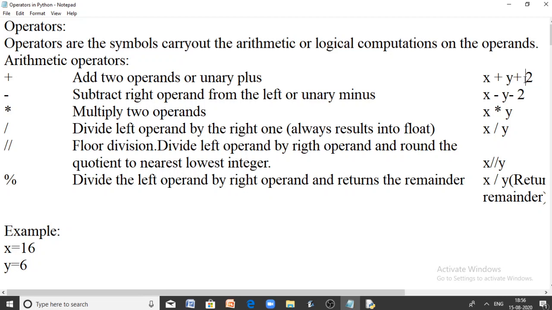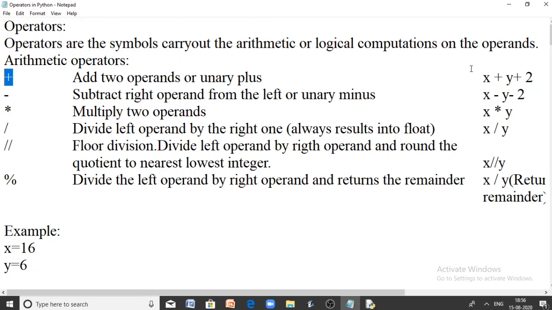Let us start our discussion with arithmetic operators. So we are very familiar with arithmetic operations. We are used to doing them in our regular day-to-day life or in our applications. Addition, subtraction, multiplication and division. So these are the four arithmetic operations we have in our regular day-to-day life computations. So addition can be done by the plus operator. Okay, in Python, addition can be done by the plus operator.